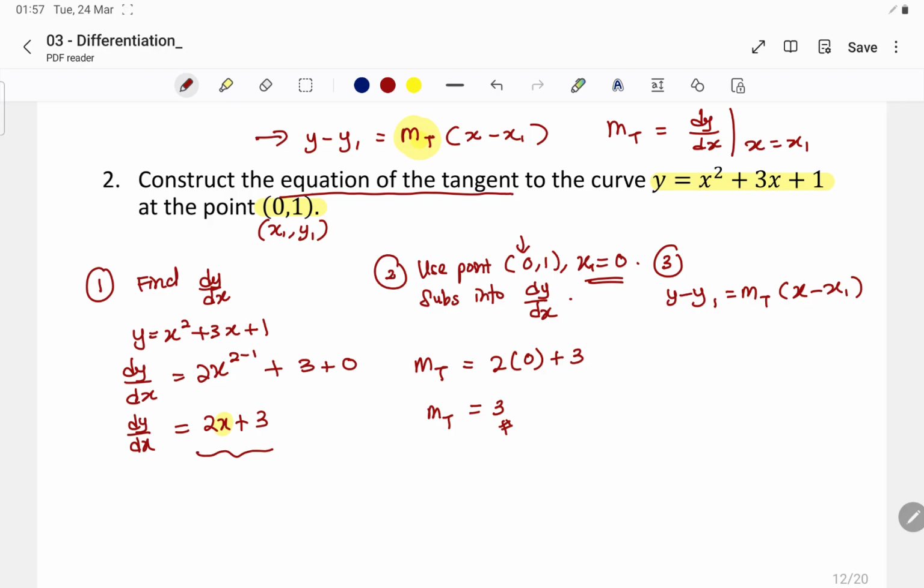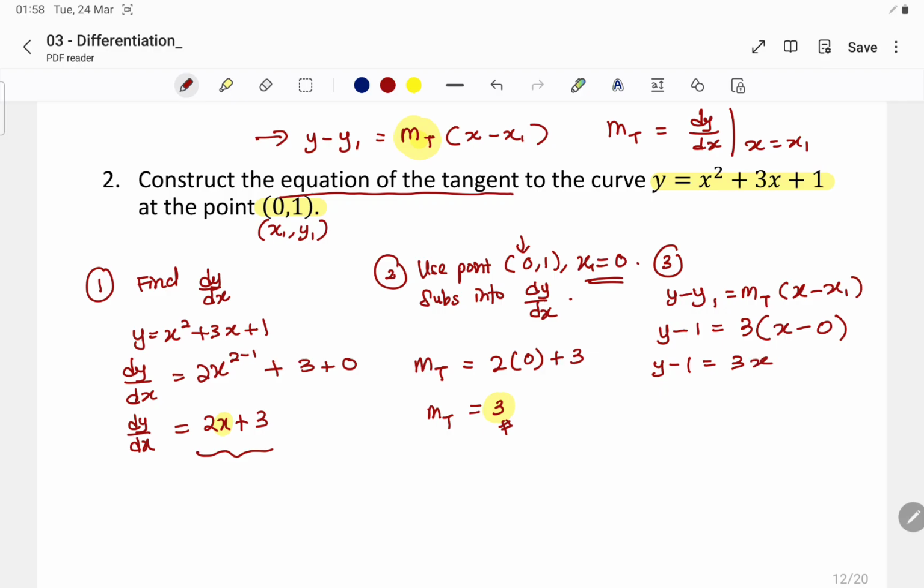Okay, but now substitute in x1 and y1. So we maintain y, and y1 we get from the point (0, 1) here. x1 is 0, y1 is 1, right? So y minus 1 equals m_t, which is 3, that we got from the second step just now. x you just maintain; x1 you copy 0 and substitute 0. Then here, you expand properly, you're going to get y minus 1 equals 3